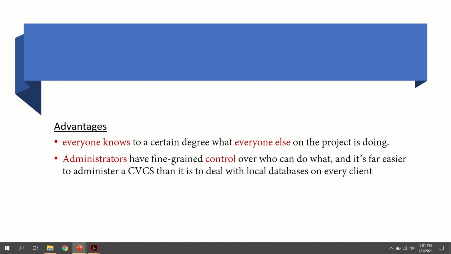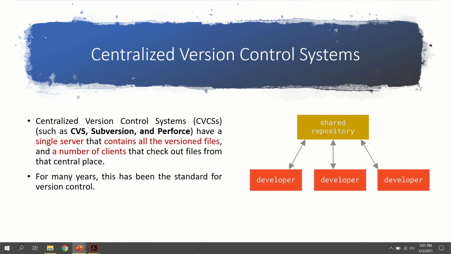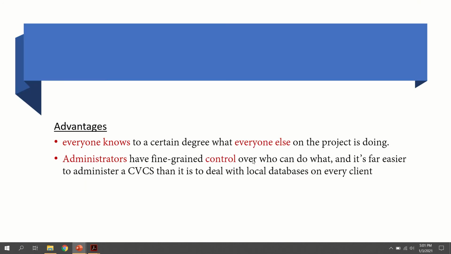Suppose we are considering a project. One advantage is that collaboration is possible, because everything is stored inside the server system. So each person can understand, up to a certain extent, what the other person is doing. So that is one advantage.